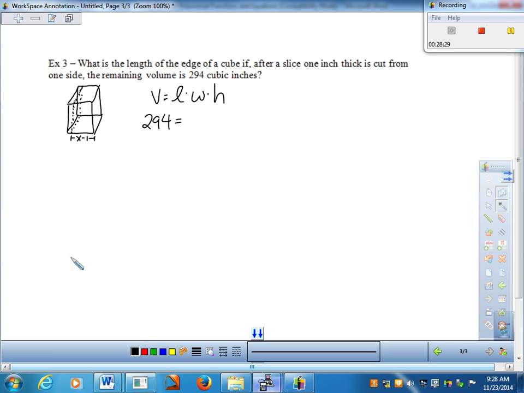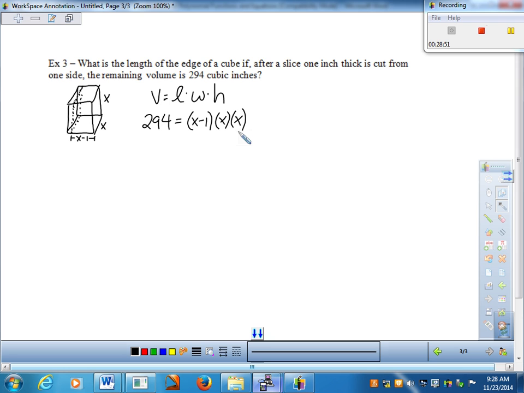Okay, to me that's the big thing, because then I didn't really touch the dimension on the width here. This is going to be the same. The height is still going to be the same. It was coming from this end, so I only affected the length. So I have x minus 1 times x,